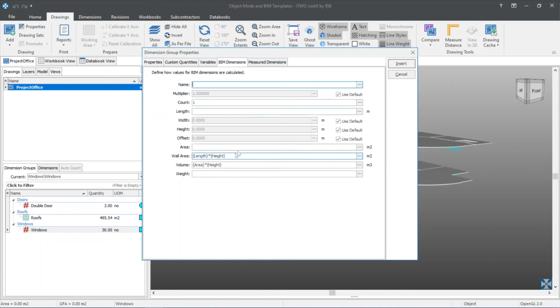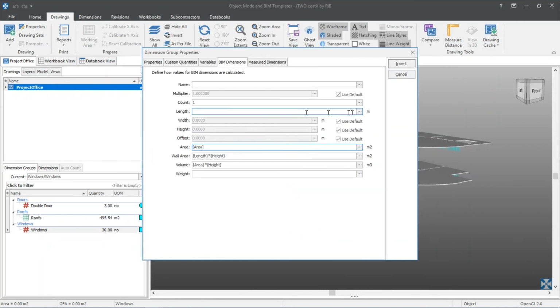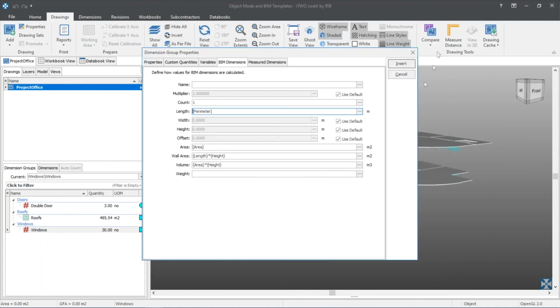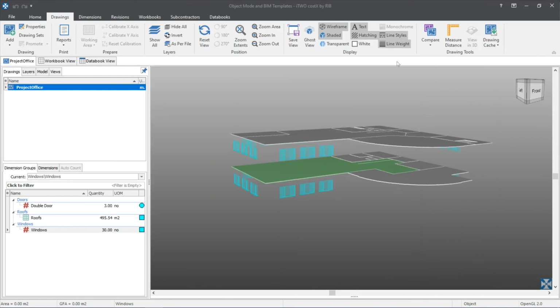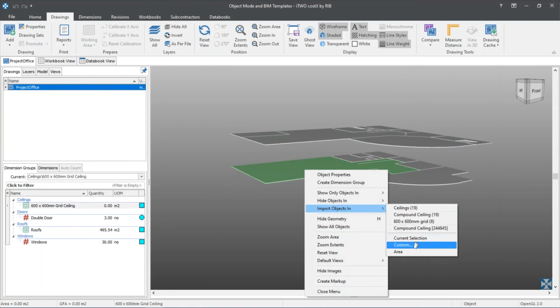And for my BIM dimensions, again I might have some information with regards to the area. For costX area measurements, the perimeter is normally the length field. So if I want to, I can also map that. So if I just close out of here, and for length, I'll put the perimeter in there. And then click the insert button, and then the last option with regards to import is to use a custom